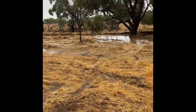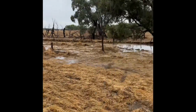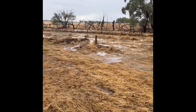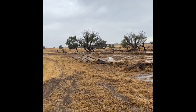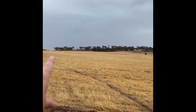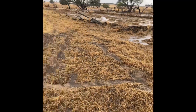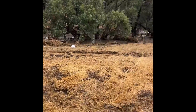So this is down the back of one of our paddocks, and the water has absolutely ripped through here. There was a fence here that is no longer there. This was all bone dry yesterday. Like, nothing, not even a trickle of water. There's a big hill off in the distance, so all the water's come off that hill down this way, down into here. And you can see how flattened this grass was. This all would have been underwater last night. It's crazy. We do have sheep in this paddock, so we're gonna move those now,